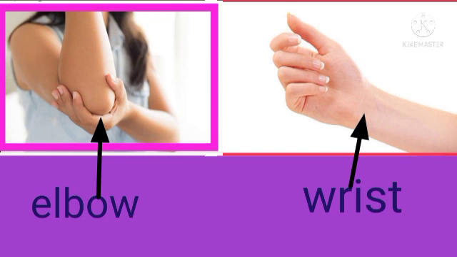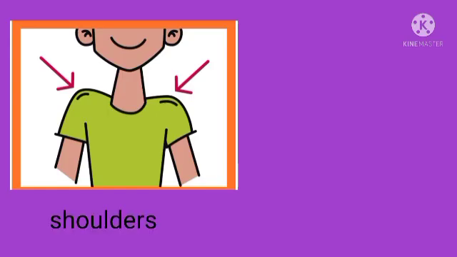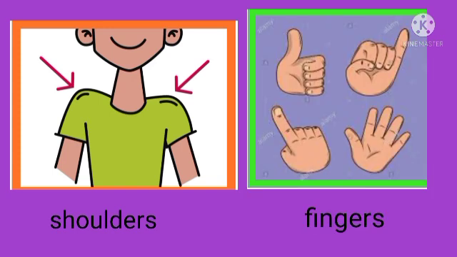We are even able to move our shoulder. So when we do exercise, we are able to move the shoulders. Yes or no? You are doing the exercise. And what is the use of fingers? You can write, you can eat your food, etc. Okay. Now look at the pictures showing the movements of the hands. So see the pictures here.